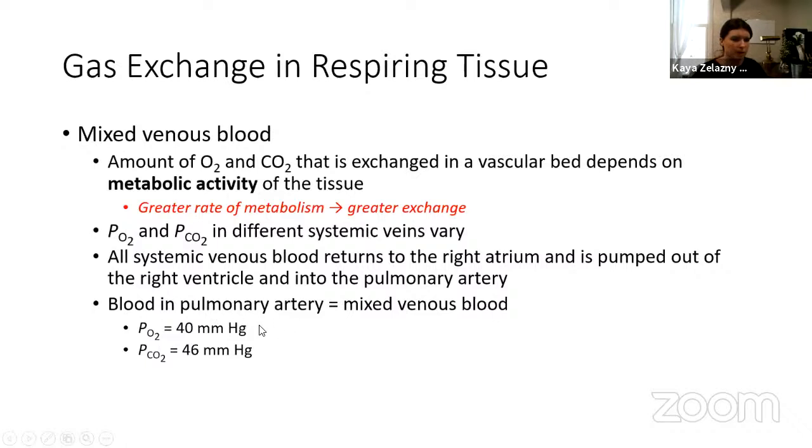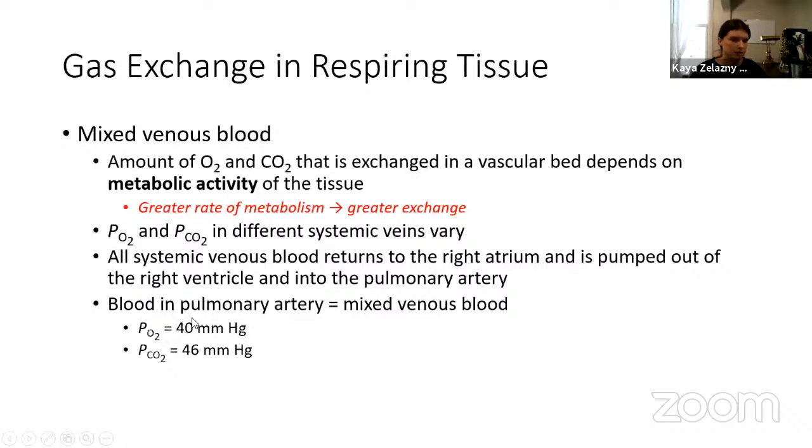So in the pulmonary artery, and only the pulmonary artery of all the arteries, we're going to see the same values as for mixed venous blood. Okay. So the blood in the pulmonary artery is still deoxygenated, so its partial pressure of oxygen will be at 40 millimeters of mercury. If we move to the pulmonary veins, which are then bringing oxygenated blood back to the left side of the heart to get pumped out to your system, that's where we would see the partial pressure of oxygen up to